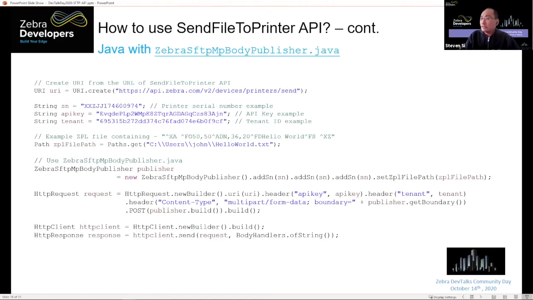So this is the code. You create this client, right? And call this client's send, put the request here, and then this is the handler for the response. You can check whether the response is successful or not. Just as an example, print it out in the log file. So this is how you can use the convenience class to send the content that you want to the